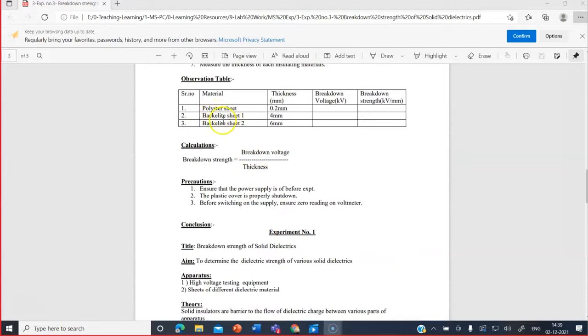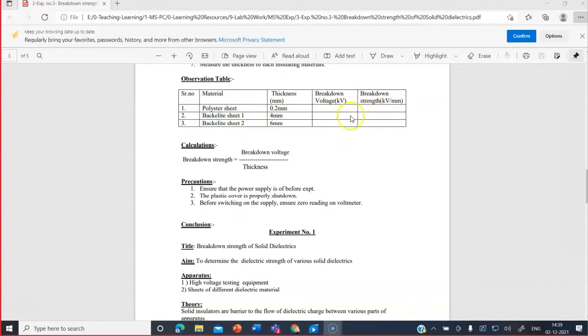Polyester film, bakelite, and we tested Perspex paper and polythene also. So four materials are tested. You will now observe the video recording that the students took in the lab. They measured thickness with a micrometer screw gauge, and then measured the voltage, and then you find out the dielectric strength, which is voltage divided by thickness. Those readings I will give first, and then you can find out the dielectric strength.